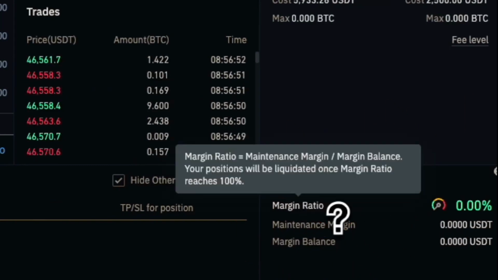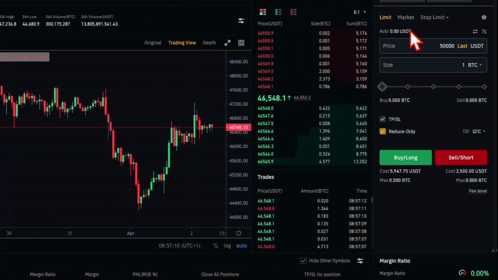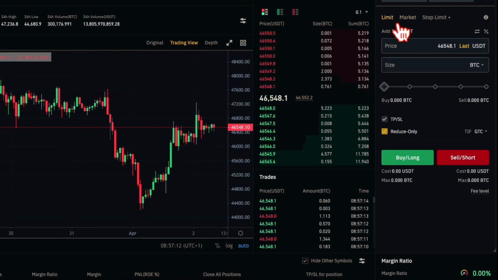And in trading, we call it a margin call. A margin call is just a call from your broker, in this case Binance, for you to top up your money. And this happens when you're in a losing position. But if you're in a profitable position, most likely they won't give you a margin call. So I've explained to you how market price works and how limits work. So let's go to the next one, which is stop limit.